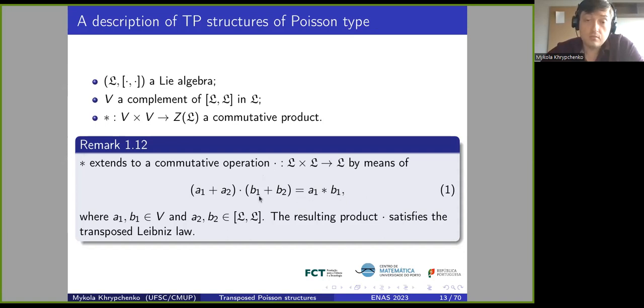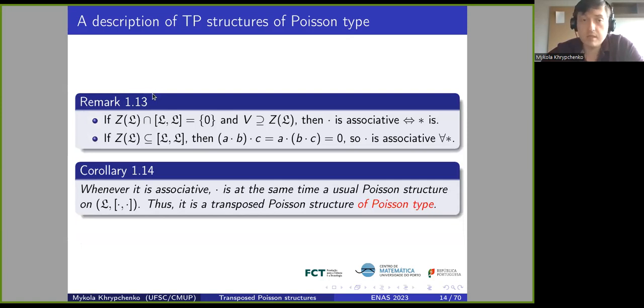And okay, so this is a commutative operation on the whole algebra, and it satisfies the transposed Leibniz law with respect to this bracket. However, it's not necessarily associative,